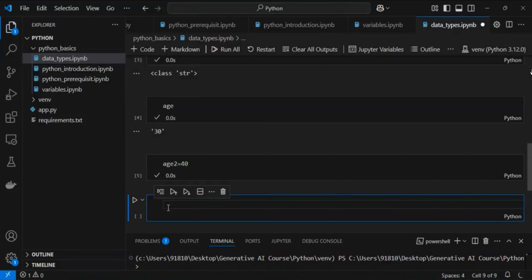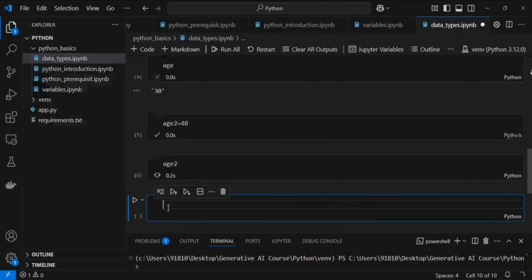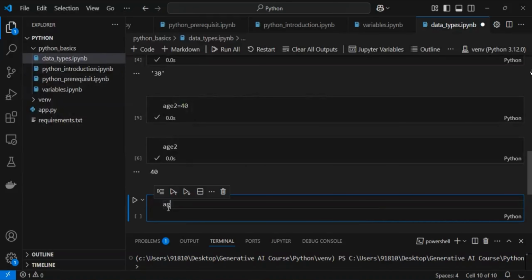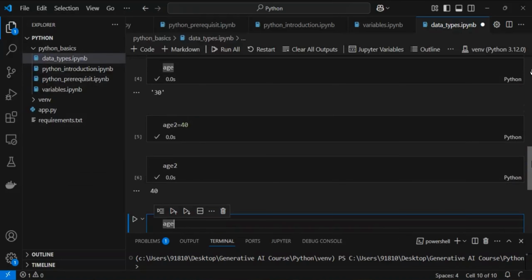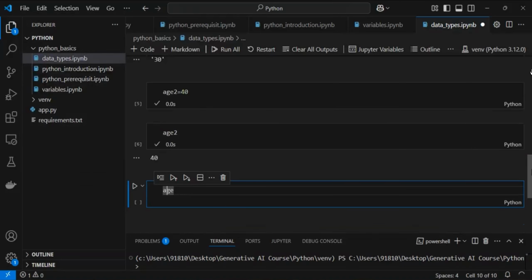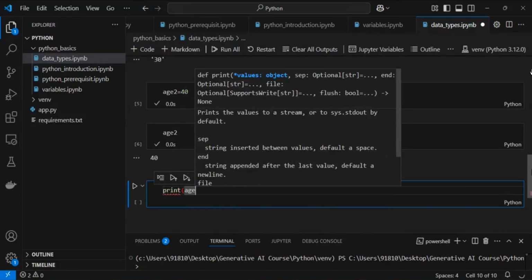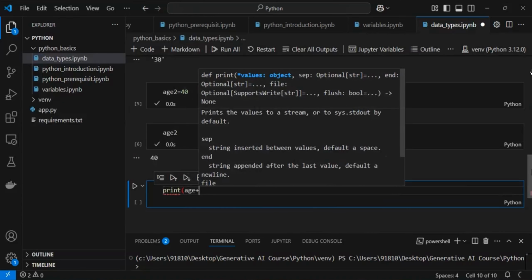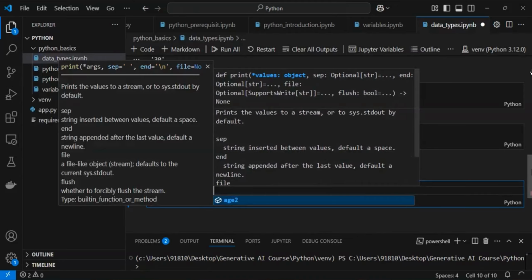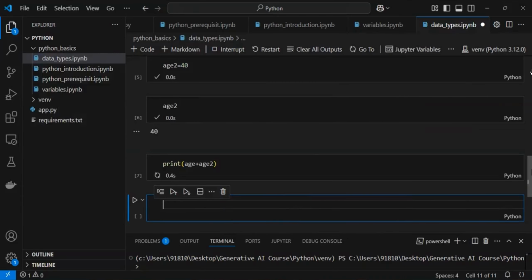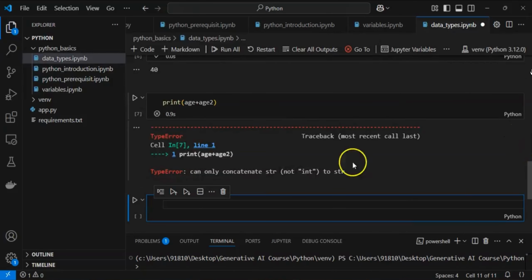Okay, so let me just print the value for age2. It is coming out to be 40. Now with respect to age, that is 30, if I'm going to add it with respect to age 2, then you will get to see that we are going to get this error. Why exactly are we getting this error? You can first of all look into this error: can only concatenate string, not integer to a